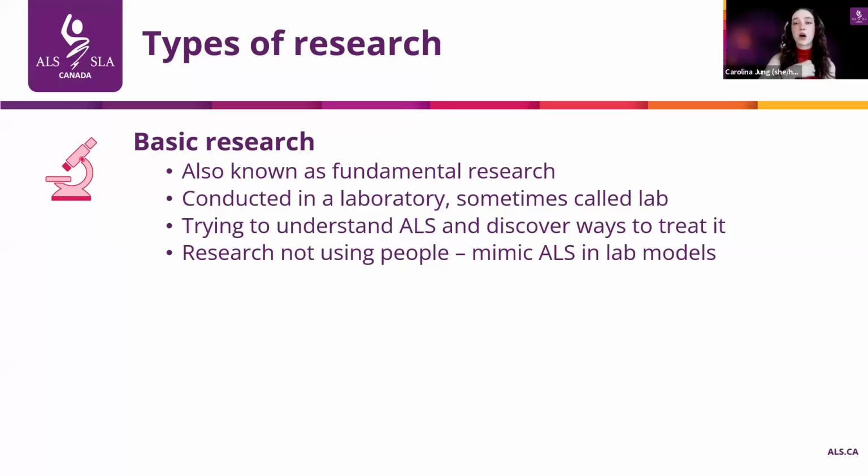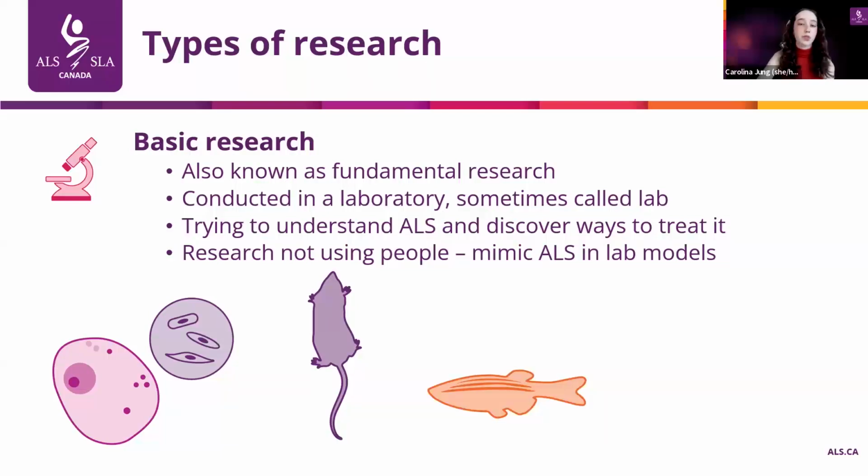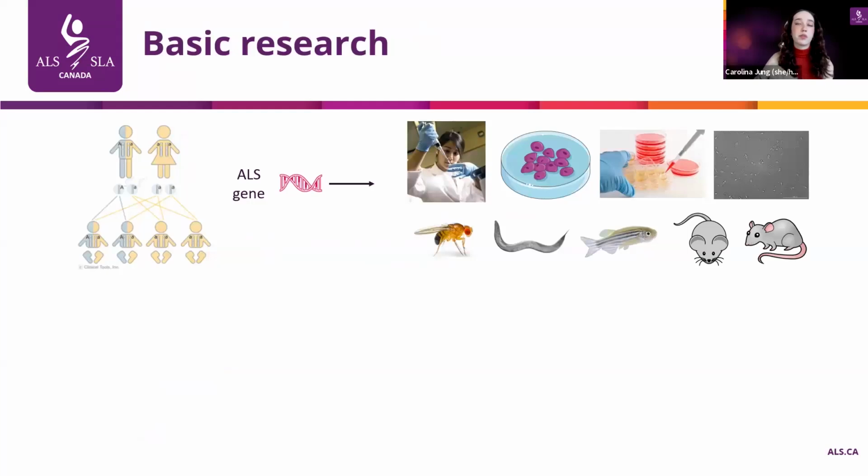In the lab, researchers will often use models to study ALS, like cellular or animal models. In ALS, common animal models you see in the lab are rat and mice models, but we also have researchers that can use zebrafishes, C. elegans worms, and flies. But how are researchers able to model ALS in the lab in these animals or cellular models? So as I mentioned earlier, some ALS cases are known to be caused by an inherited gene variant. So these genetic discoveries have been crucial to advancing ALS research because it is those genes that they're able to try and replicate the disease symptoms in animal models.